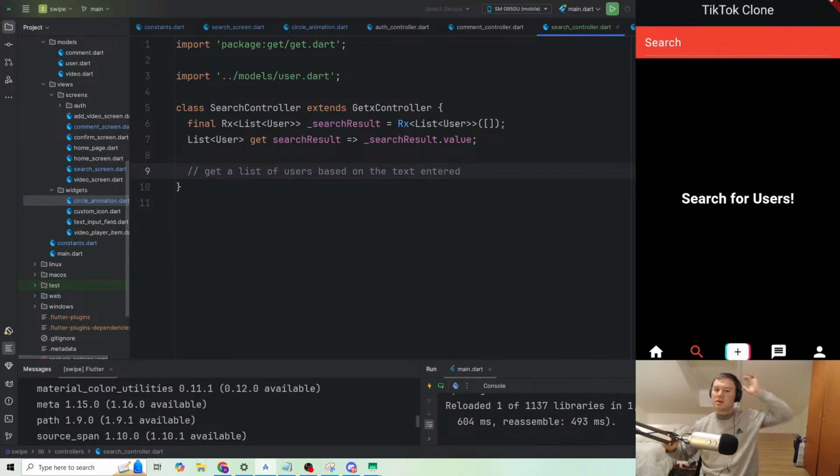So what we want to do is from Firebase, we want to pull a list of users. And then from that list of users, we want to get the ones that match the search result that we have. And let me see how he does that. I'm just going to peek at the code and the tutorial and then try to recreate it without